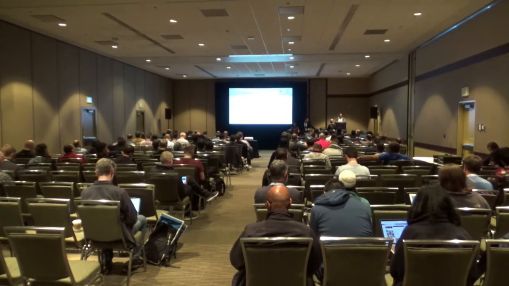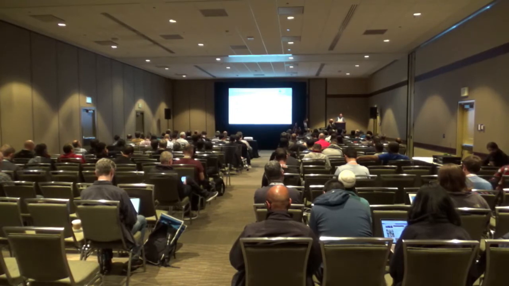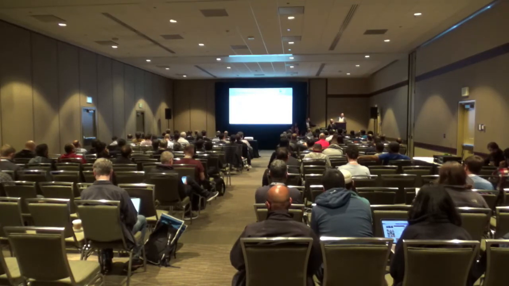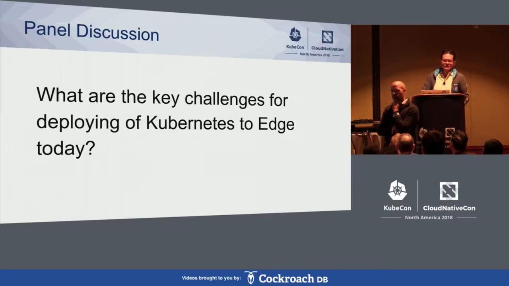Yeah. Okay, let's move on to the next question. What are some of the key challenges for deploying Kubernetes to the edge today? I'll throw one out there: when you run at the edge, you're still running on some piece of hardware that isn't maintained by a third party like in a public cloud. And you have issues like updating the firmware on it. Maybe some of these edge deployments aren't even on hardware running Linux with a Docker container runtime, so you even have a challenge of deploying your apps down there.